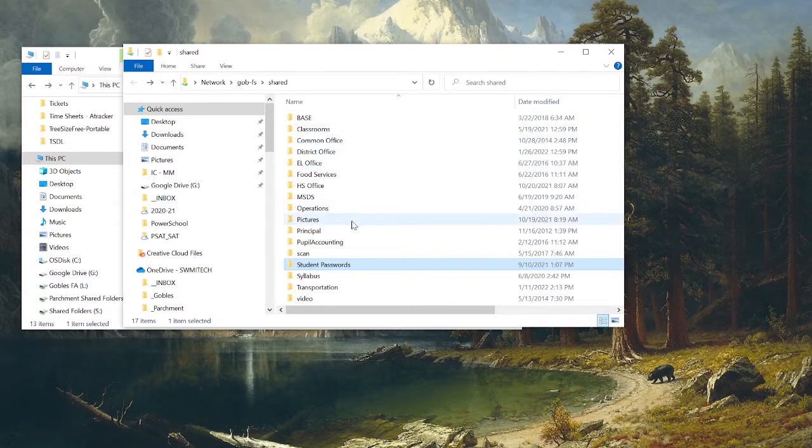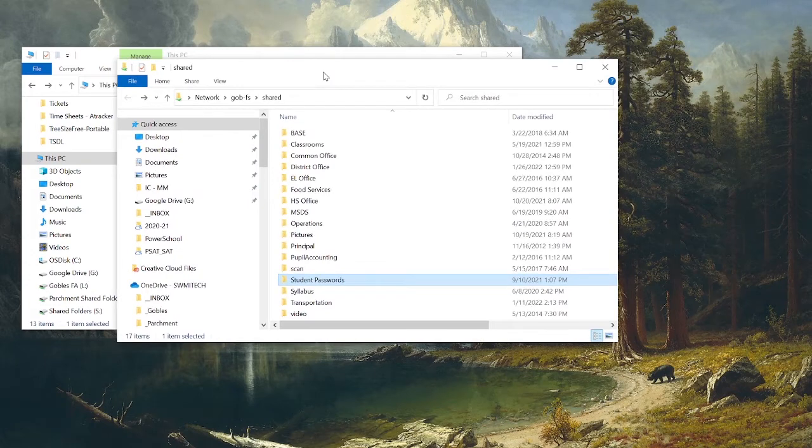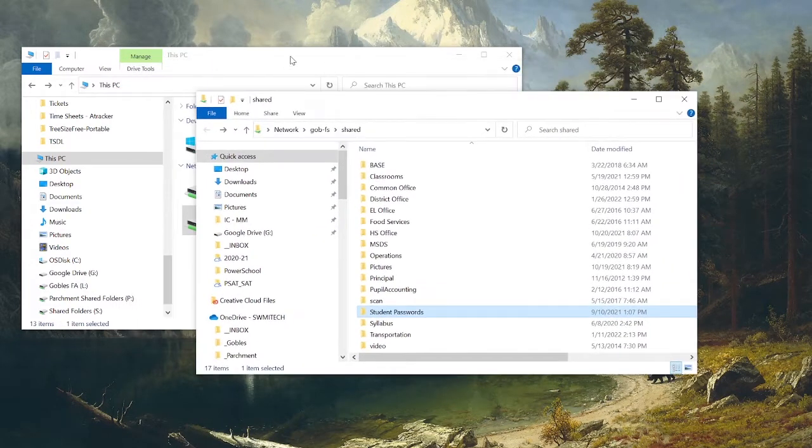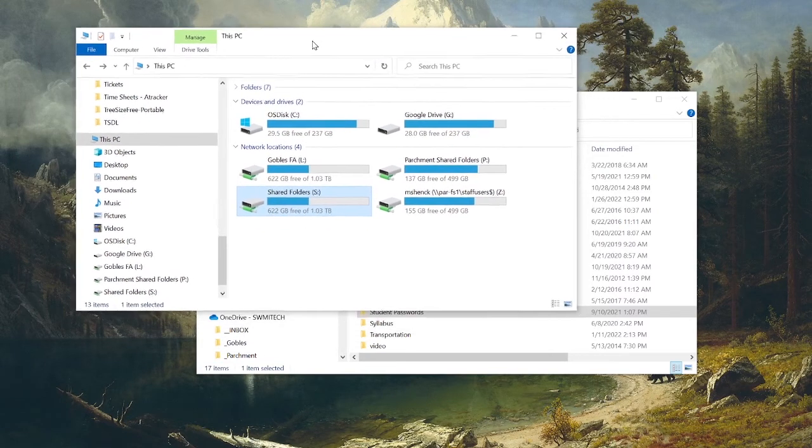You won't have all of these. You may see only half or a quarter of these. Whatever view you have here, that's the view you will have in Google Shared Drive. If you open up a folder,